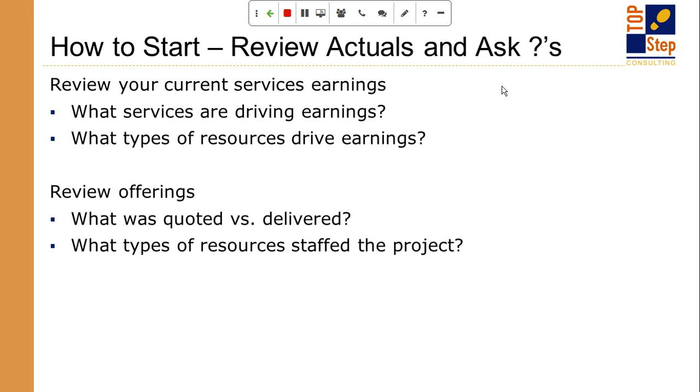When you do break out the types of services, then look within those services. So you may have software enablement teams, and then the different products that you do software enablement for. You may have solution architecture teams and the different types of industries that they work on. So review the types of offerings that you're doing, and then set up a way that you can look at